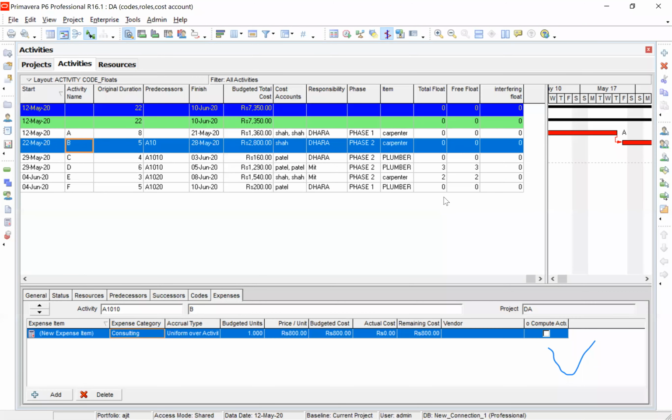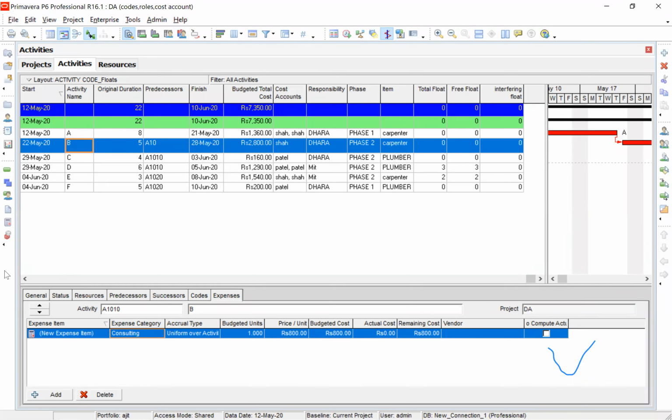So these are some examples we have done, including for interfering float. Last time, you can add user-defined field IF1 and then interfering float and so on. I don't want to repeat that because there are so many things we want to do. Bhavya, is this clear? Yes, sir. These are more examples of the global change. All right.